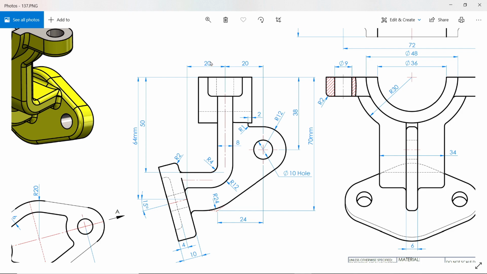First we need to create, see, a center distance from the center line of 20 millimeters. We will create a plane, then create one sketch and create a tilt plane at 15 degrees. I'll show you how we will create this one. Then let's create this also: 8 millimeters, and this depth also 8 millimeters, corner radius R8, R12.